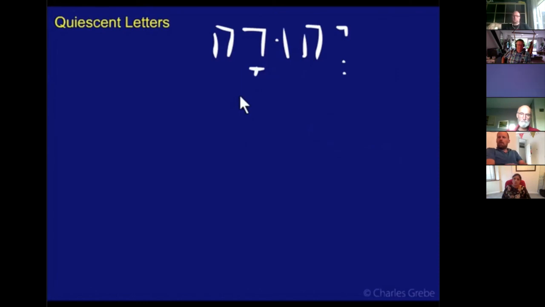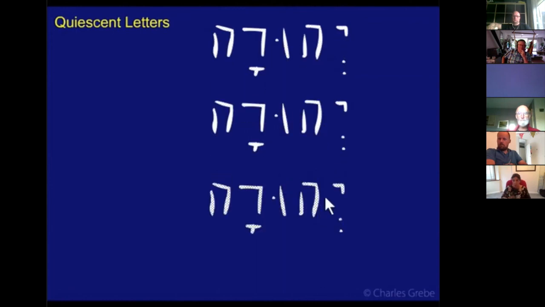And let me copy this one as well. I think we only need this three times. Two, three. And let us add our inseparable preposition as before. So we're adding an inseparable preposition. So we have to apply the rule of Shava. In this case, we apply the first rule because we have two simple Shavas. So the first one becomes a Hidik and the second one becomes silent. Le Yehuda becomes Li Yehuda, or something like that. I don't know how you would pronounce that. Li Yehuda, perhaps. But the Yud now quiesces.